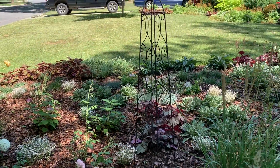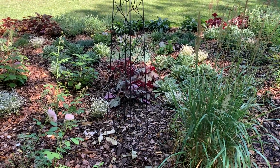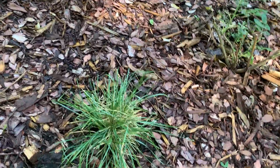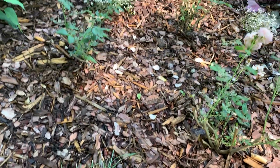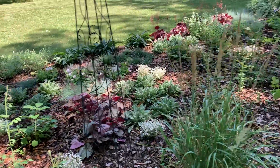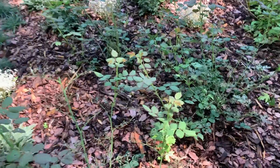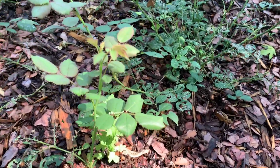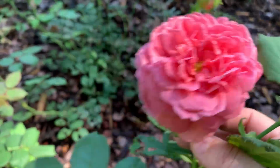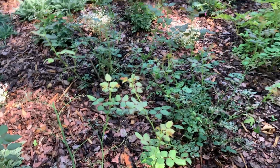I don't have anything on this obelisk yet. I'm still debating if I want to put something to climb there or put it elsewhere in my gardens. But this is where I have another Pixie Fauna Tufted Hair Grass, so I can just move it over with those. This is putting out a lot of growth here. This is Princess Alexandra of Kent. I love it. Not the foliage so much, but